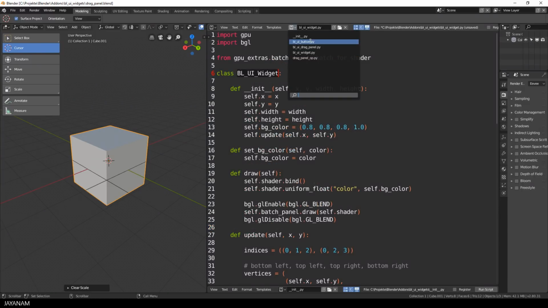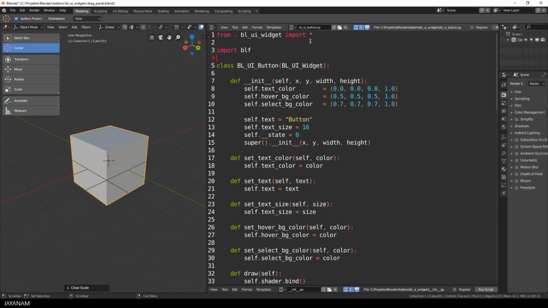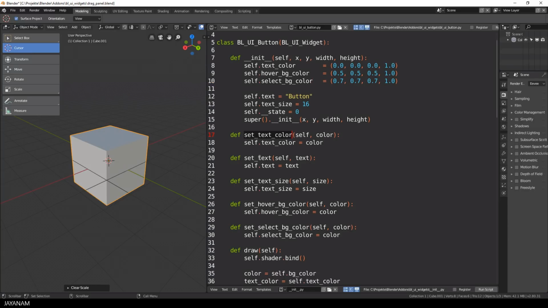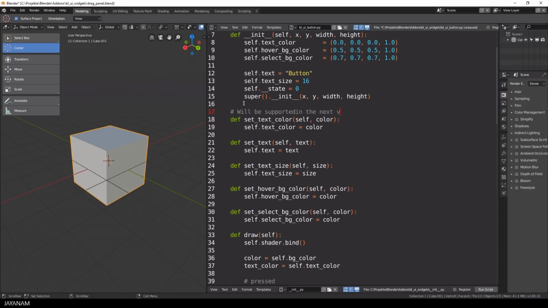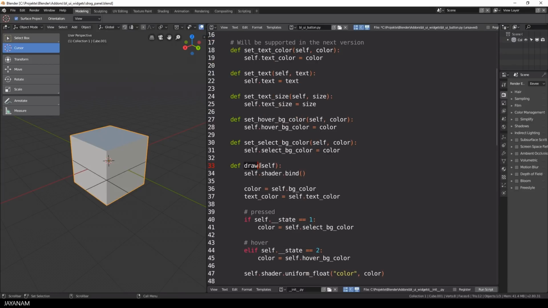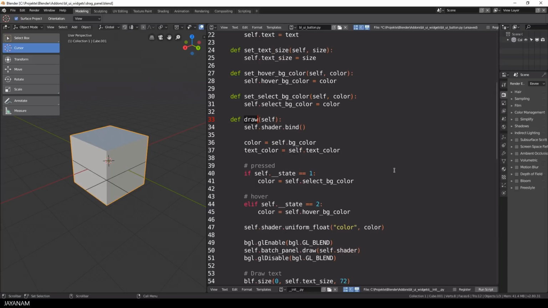Okay, here's the button class, and as you can see, it uses the BL_UI_widget as base class. The button has a text color which is not implemented yet, but I will add this soon, then a background color for the hover state, and a background color that is used when the button is selected. For all these member variables I defined setter methods, and I have overridden the draw method, and here I check